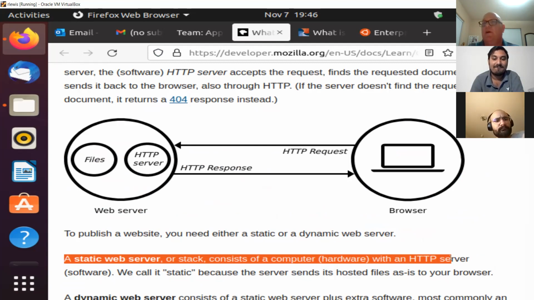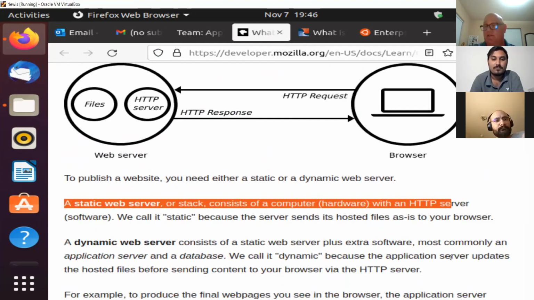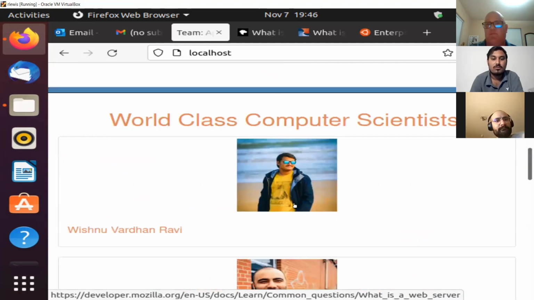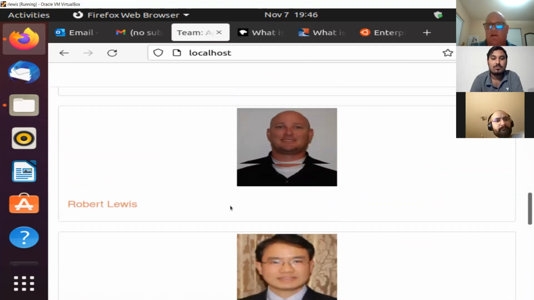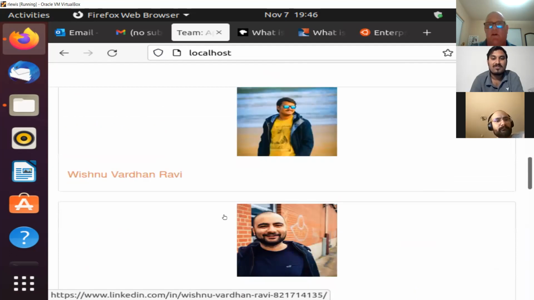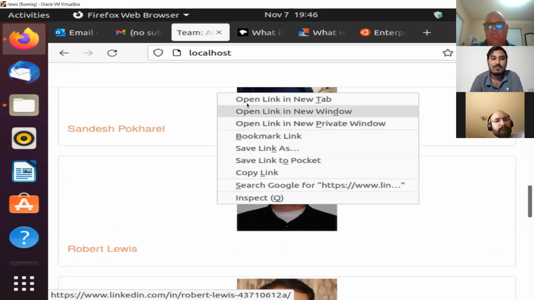There's no real interaction. You're not putting data in, getting data out, anything like that. Obviously, in today's world, application servers with a database behind them are all over the place, allowing for lots of interaction, lots of personalization. And then we've got little links to all of us here that go out to our